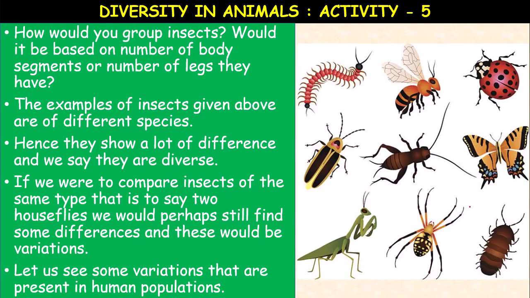So first let us see the insects. You can see here, this is having how many legs? It is different. So this wasp is having 6 legs. The beetle is also having 6 legs. The cockroach, these 2 are similar, having 6 legs. The butterfly, and if you take this, it is different. The spider does not belong to this insects group.